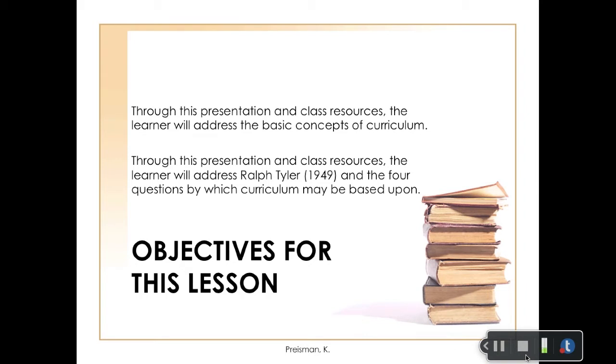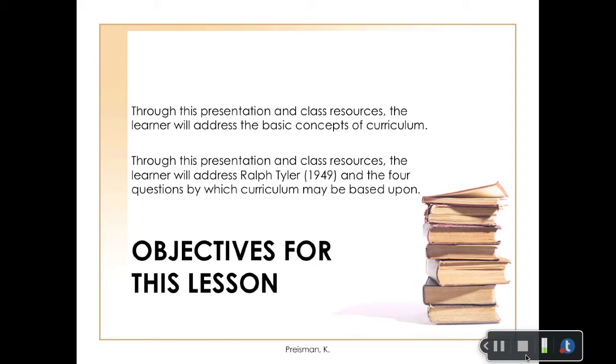I realize we have a wide variety of professionals in our course. Some of you have been educators for years and have a lot of experience with curriculum. There are others who don't have a lot of experience with curriculum except for the time that you have spent as a learner. My hope is that I will re-examine and refresh the idea of curriculum for those of you with lots of experience, but we will also introduce these basic concepts of curriculum for those of you who are not as familiar with it.